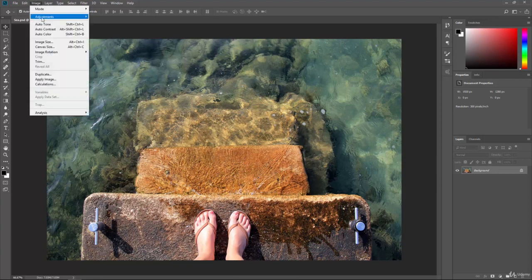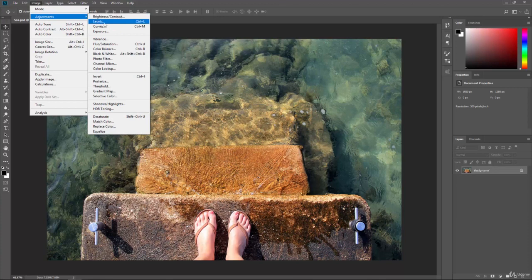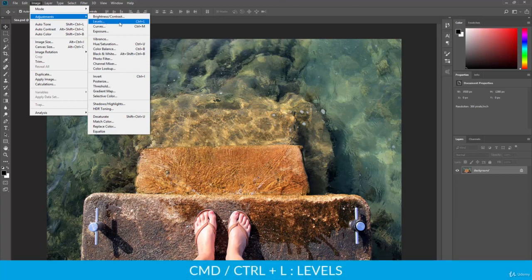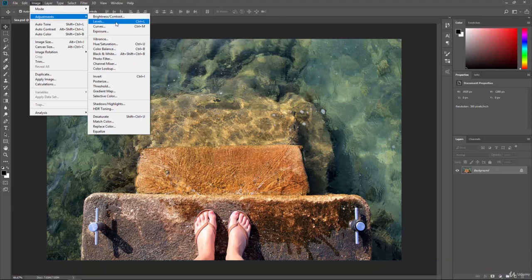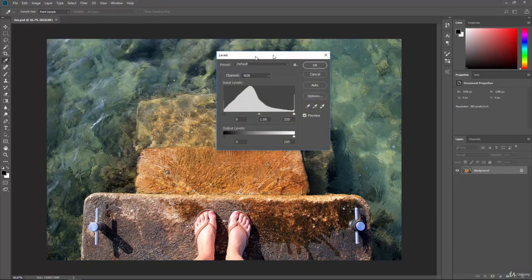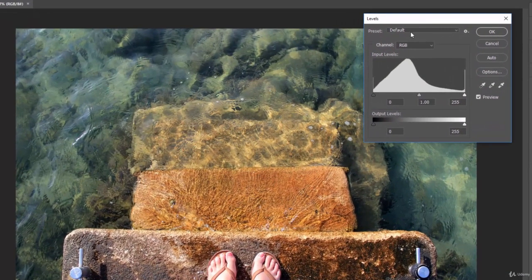If you go to Image Adjustments and you go to Levels, you can see the shortcut key here is Control L or Command L, and you can see that Levels and Curves both have shortcut keys, so you know you might use them often. So let's go ahead and click on Levels and take a look at it. Now, Levels basically is a graph that is showing pixel information from 0 to 255, darkness to brightness, or from black to white. And here we're seeing the RGB information.